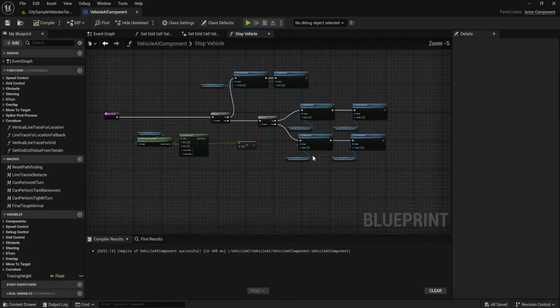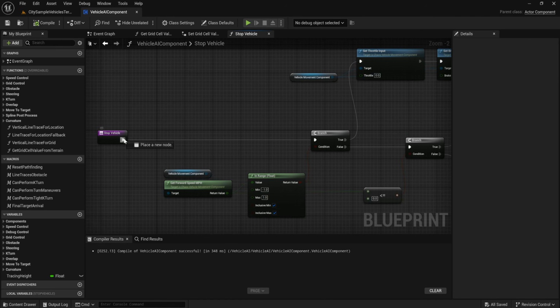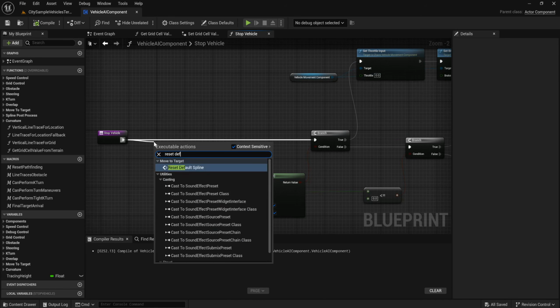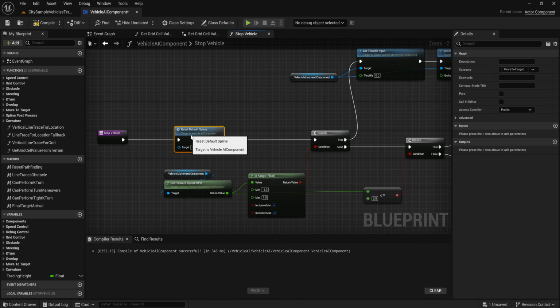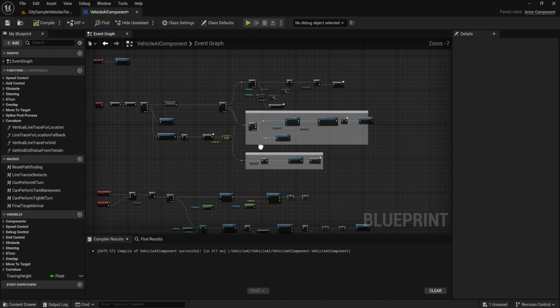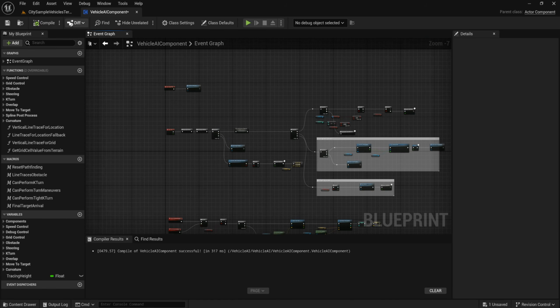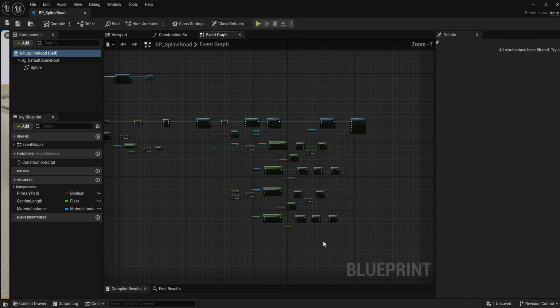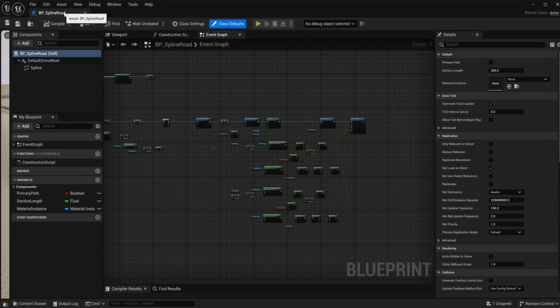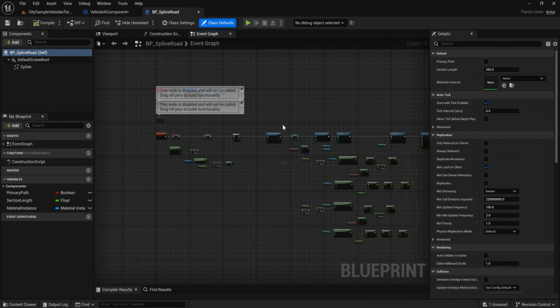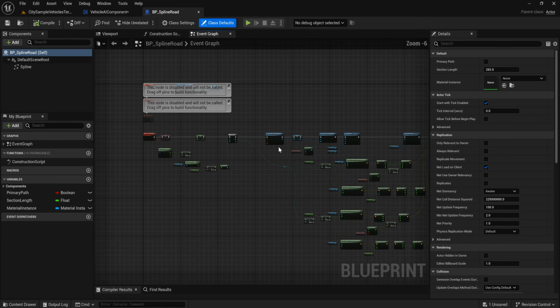And this stop vehicle, we can reset the false spline. Close all of this. Go to BP spline road. In event graph,